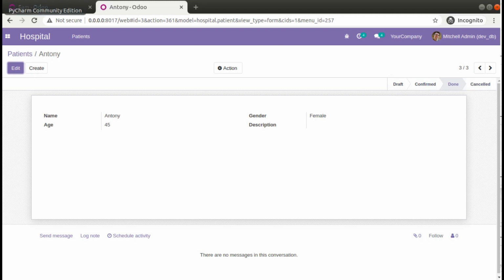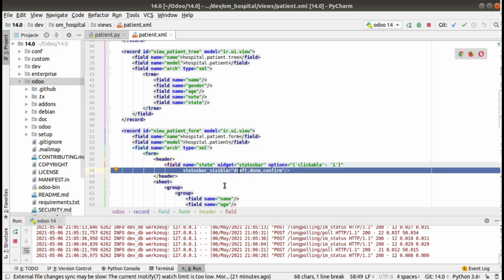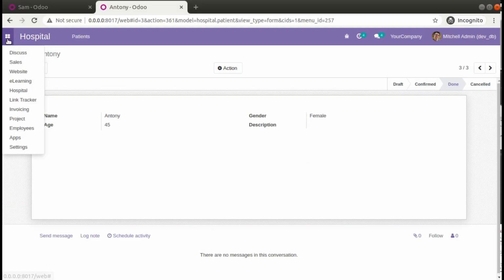So if you need to limit that one, you can put it here, like we need to see draft, done and confirmed. So I have added 3 states to the status bar, that is draft, done and confirm. So let's restart the service and let's upgrade the module and see what happens.